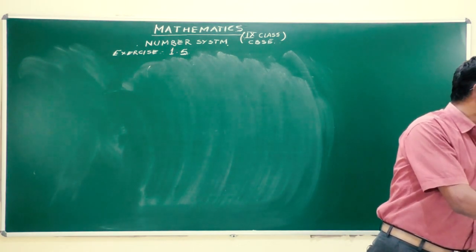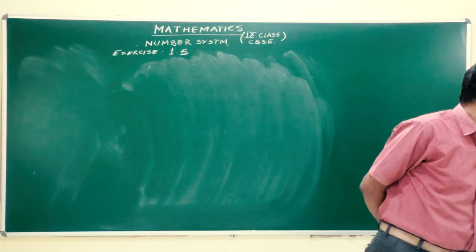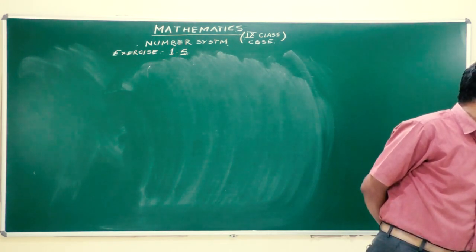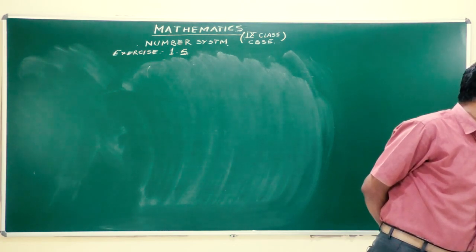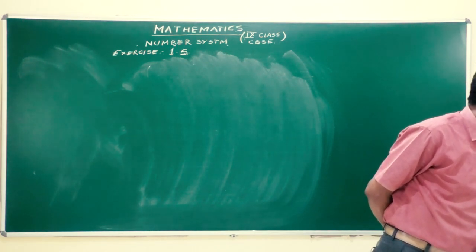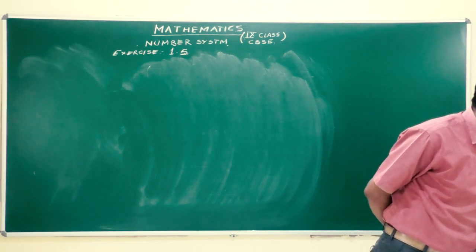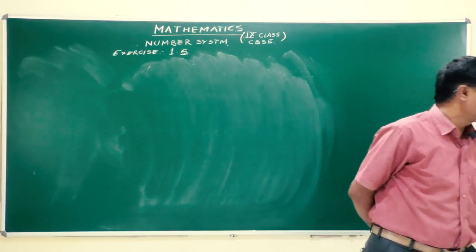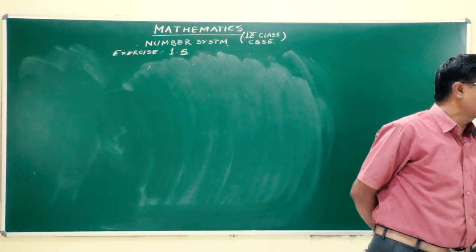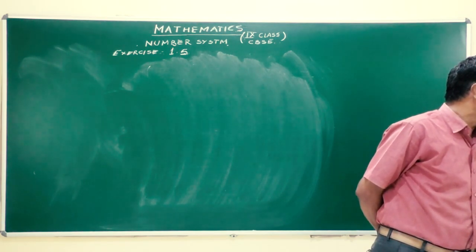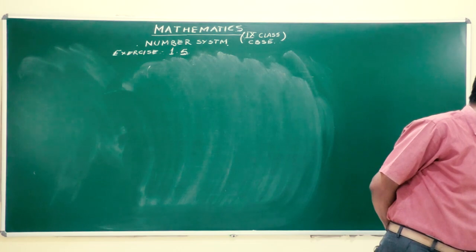Question number 3: recall pi is defined as the ratio of circumference of a circle to its diameter, that is pi is equal to c by d. This seems to contradict the fact that pi is irrational. So now how will you resolve this contradiction? Okay, we can resolve it. So this question we will solve later on, but the next one, the fourth, represent under root,